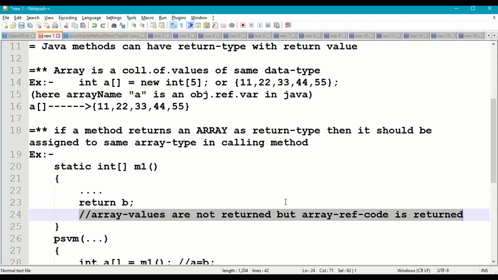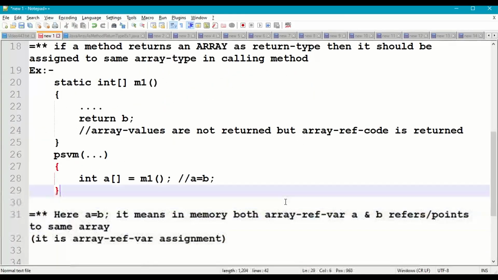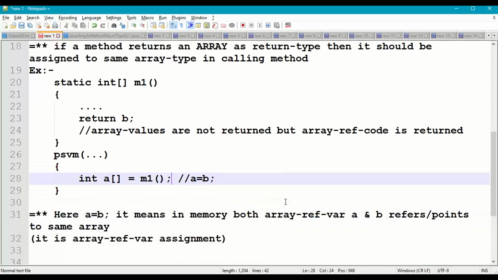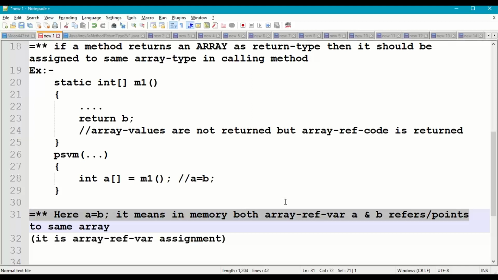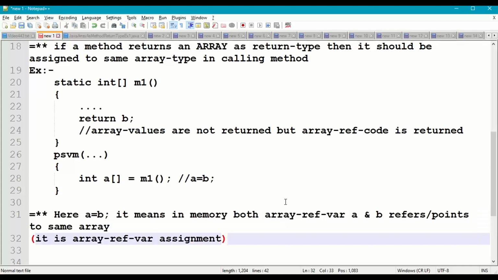It will return the array reference code to the calling method. In the calling method, when you call the m1 method, that b will be assigned to a. So in memory, both array reference variables a and b will be pointing to the same array, and technically it is array reference variable assignment.